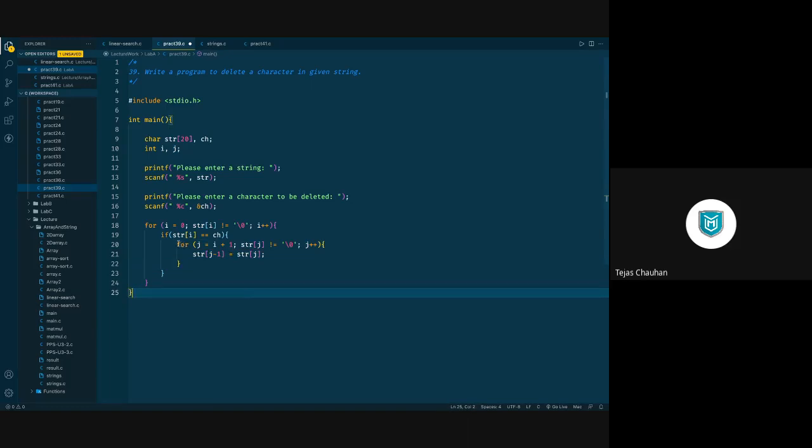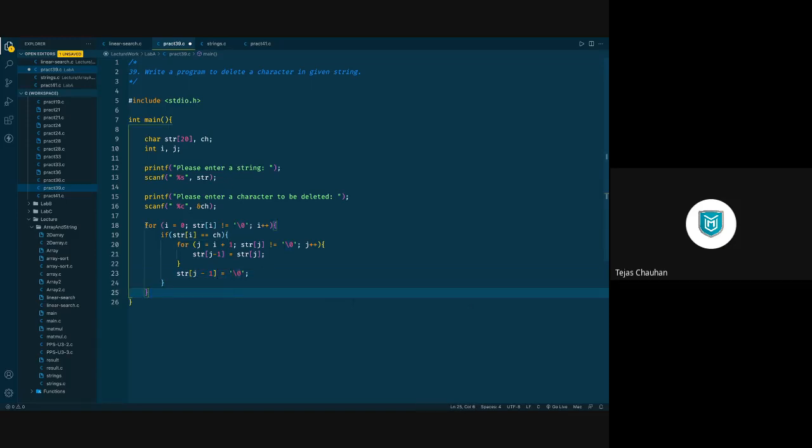So what you've done here, starting from i+1 position up to the end, आपने सारे characters एक एक place left side हटा दिए. Then as I was saying, last में आपको j-1 place पे null character डालना होगा, otherwise last character double हो जाएगा. So once we complete this for loop, हम क्या करेंगे? j-1th place पे null character डाल देंगे.